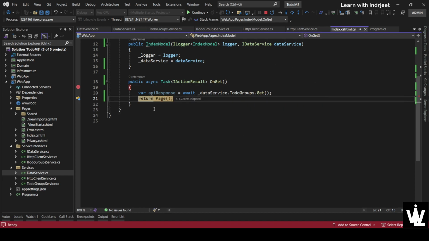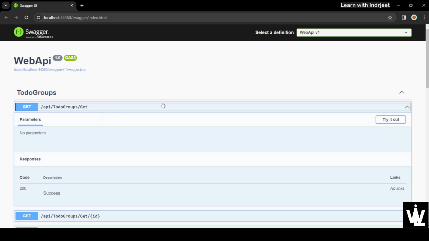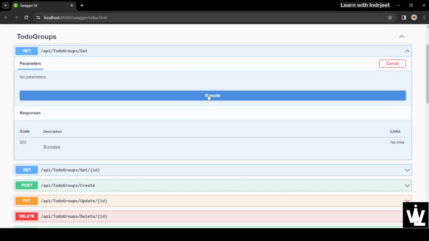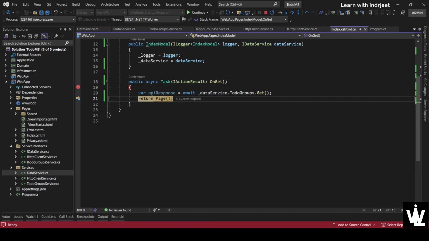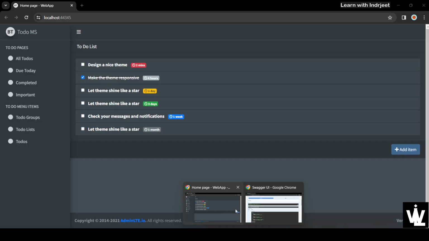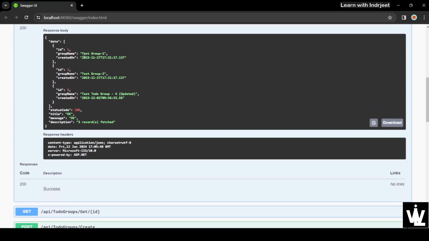Okay, now we have successfully make the Razor web app communicate with the web API to fetch to-do groups. So this is the same result that we were getting from the API here in the Swagger. Let me just continue that. So to test group 1, test group 2 and test group 4. This was not visible there, but we have the result,